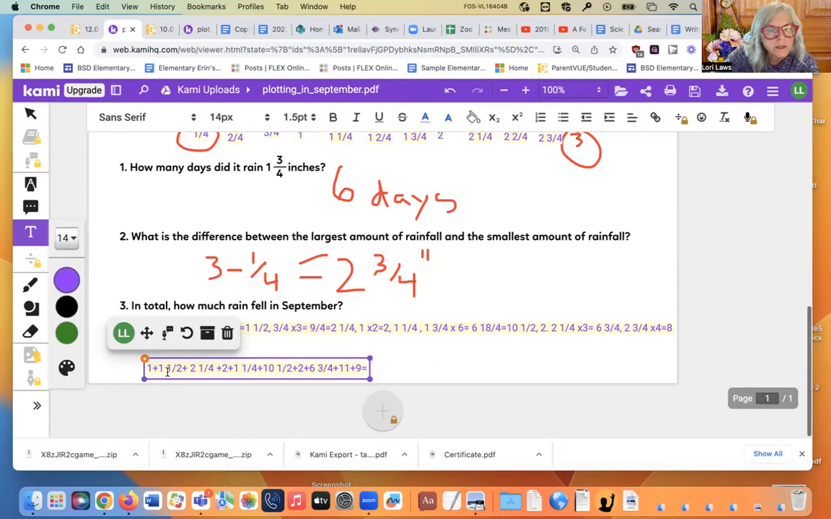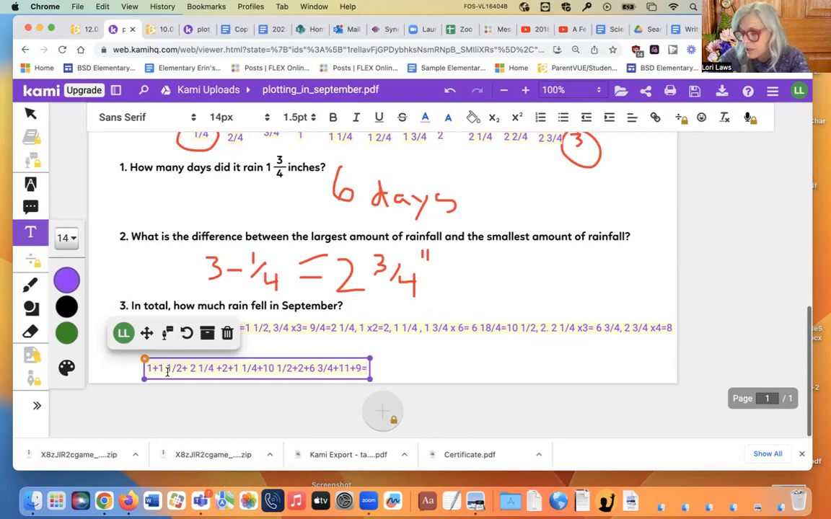So 2 1/4 plus 2 2/4 equals, oh no, it equals 4 3/4. Sorry. 4 3/4 plus 2 equals 6 3/4 plus 1 1/4 equals 7 4/4 or 8 plus 10 1/2 equals 18 1/2 plus 2 is 20 1/2